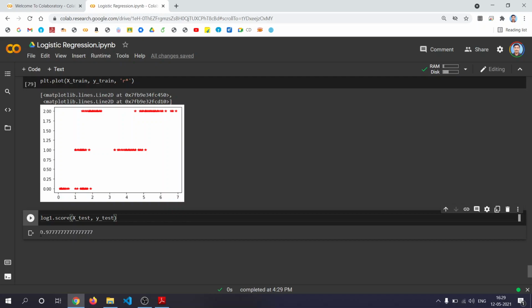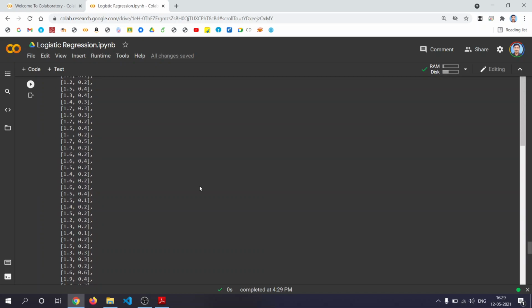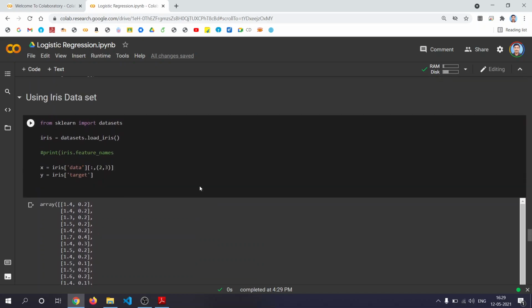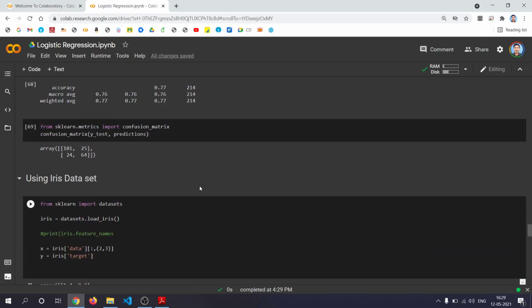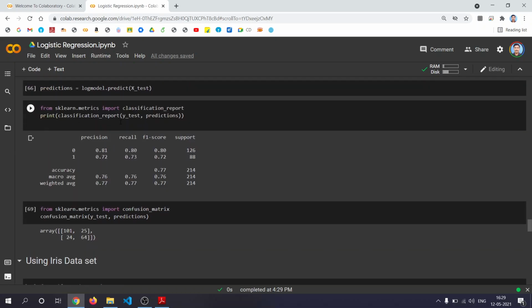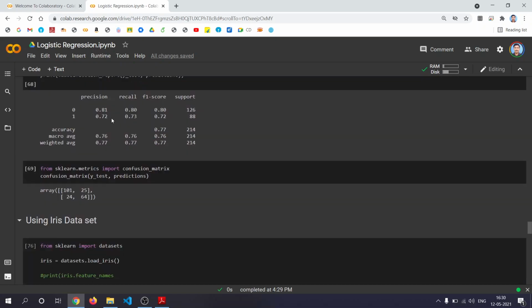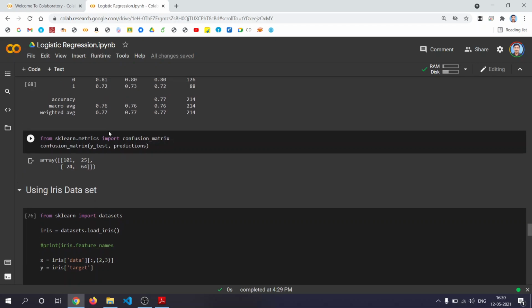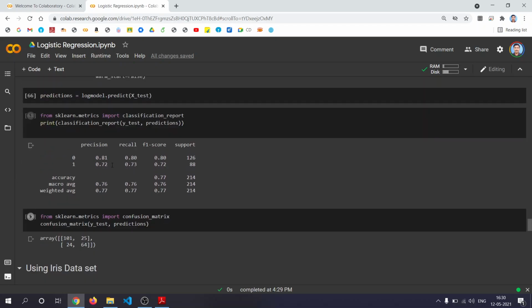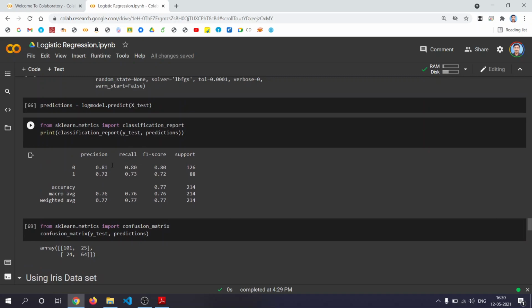You are getting this accuracy. So in order to just get the accuracy value, you take the score value, or you can use the confusion matrix as in the previous case. Okay, so like this, use classification report or confusion matrix for detailed results.